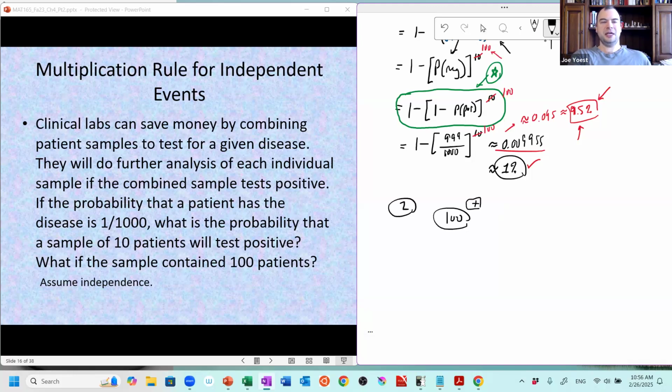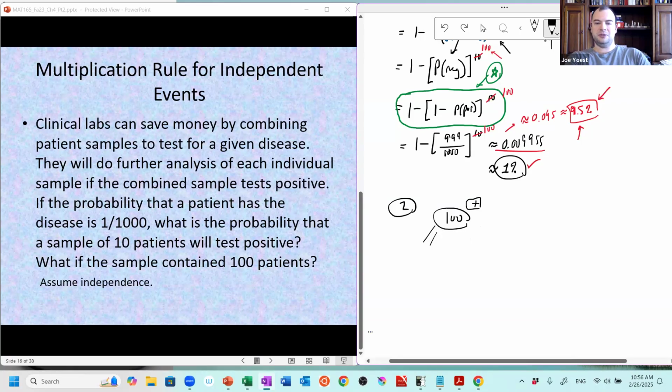So most of my pools test negative, and I can just from that conclude that everybody in each pool is negative when the whole pool tests negative, again, under our assumptions that things are sensitive enough and so on. But when my pool tests positive, one approach is to say, okay, just then sample every single one of these 100 people and figure out who the positive one is, or the positive two or three, or figure out who the positive folks are that way.